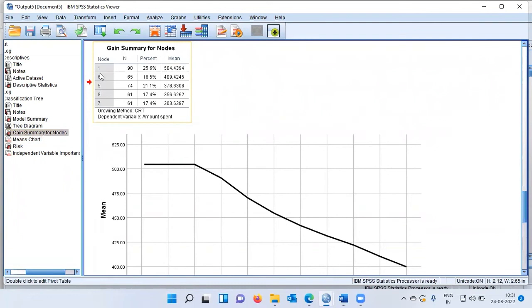Let us look at the node level information. You have nodes 4, 6, 5, 8, and 7. This is each node. What is the sample size in each node that is given? And within this, the percent of people present in each node is also highlighted, and the average spend is given